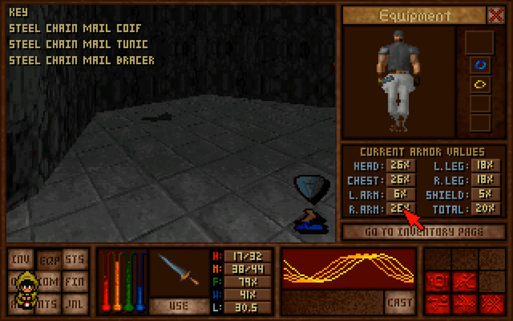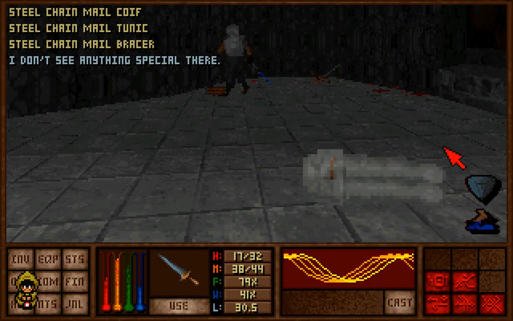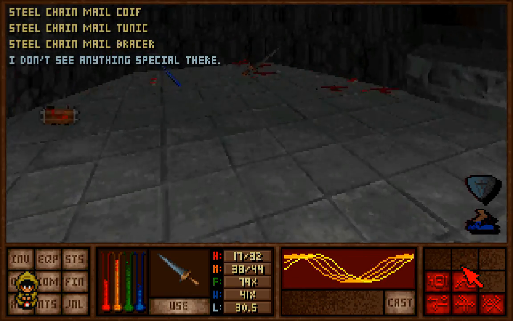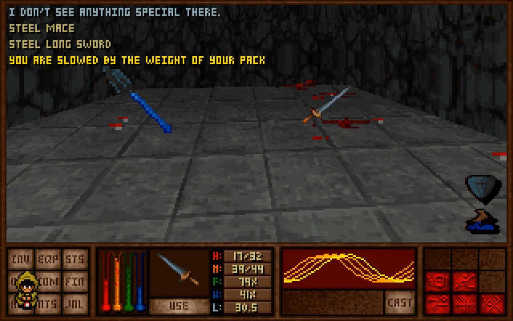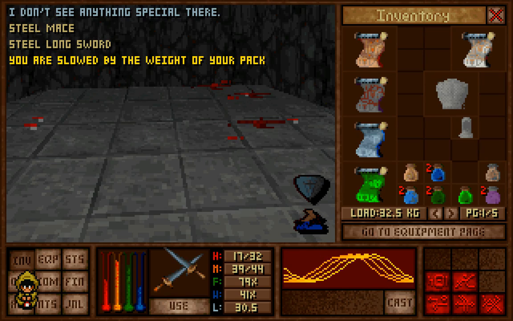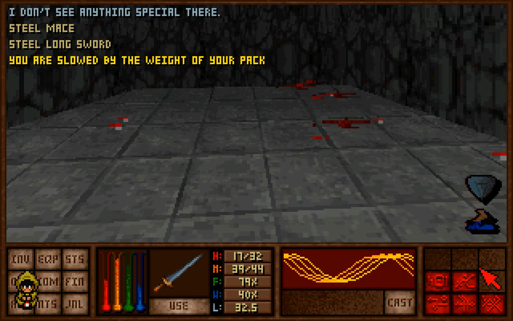There's also a bracer over here, because I know you don't have 2 bracers. So we'll share one of each. And over here we have our first steel mace and steel longsword. I will take the longsword. The mace? Because it's better than my short sword. The mace is probably worse than the longsword, but...